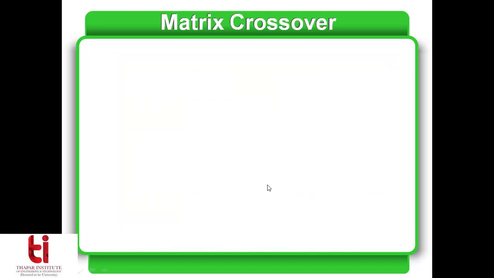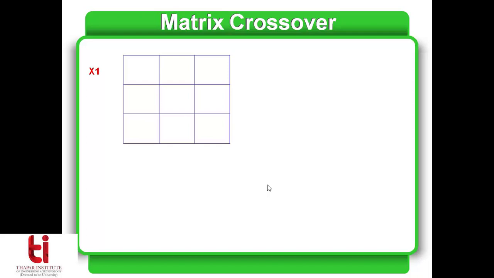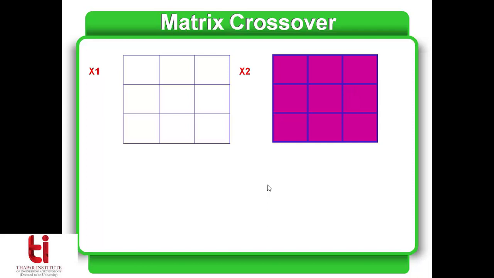Next we go to the last type of crossover, which is applicable for two-dimensional matrices, a matrix representing a chromosome. Normally we have been doing strings representing 1D vectors, but we can have a matrix representing a chromosome as well. In that case, I can make use of the matrix crossover. Let's say this is one matrix representing parent 1, and another matrix of the same order representing parent 2.